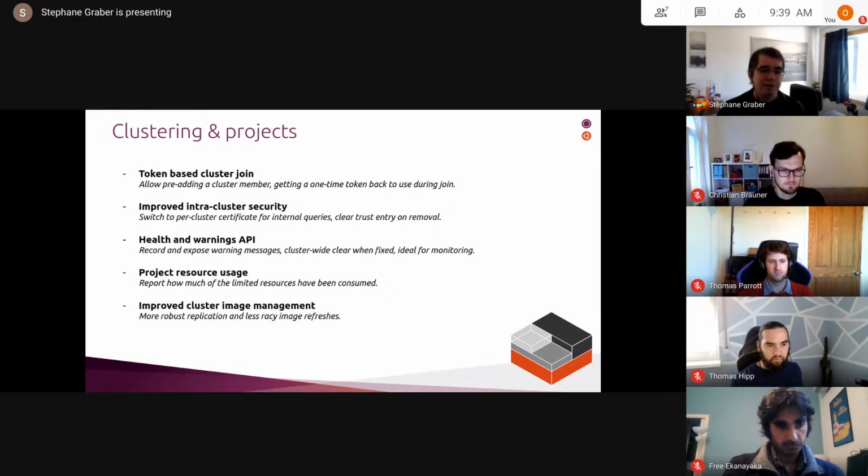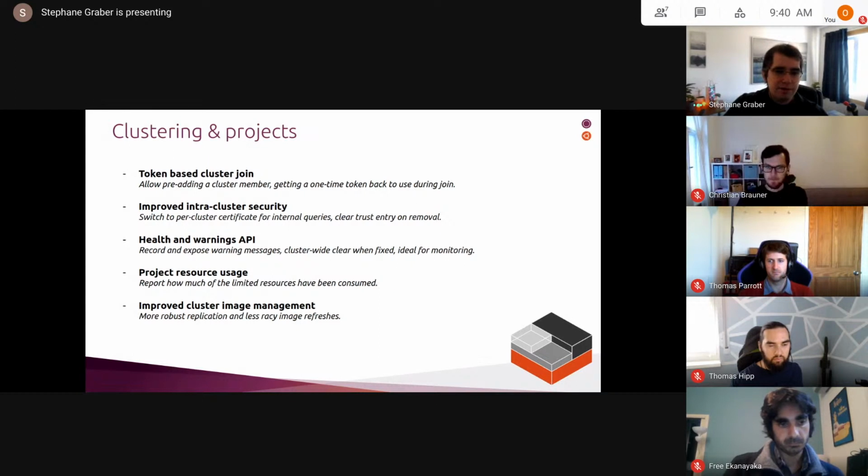Or also this node is missing some kernel features that you should really enable. You might want to go and update your kernel or change your config a bit on that particular system so that you do get all the nice kernel security features that you should be getting. So that kind of stuff. And because that's going to be an API endpoint, it's going to be pretty easy for someone to integrate that with their existing monitoring infrastructure and record how many warnings they're getting, what kind of level of warnings or category of warnings they're getting, and then alert based on that in a reasonable way. So that should really help with operating clusters.